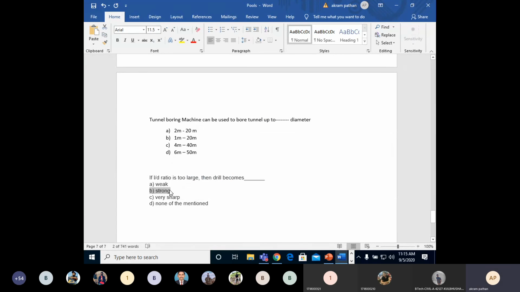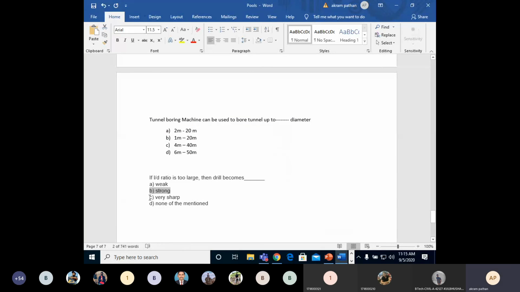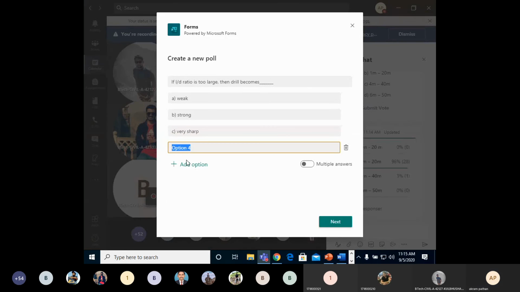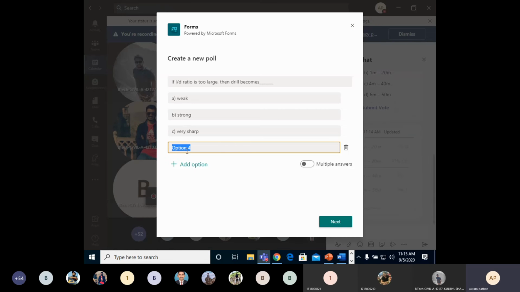Then second option, strong. And the third option, very sharp. Then the final option, none of the above.